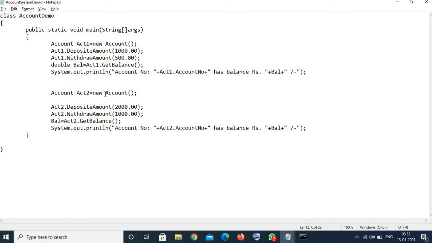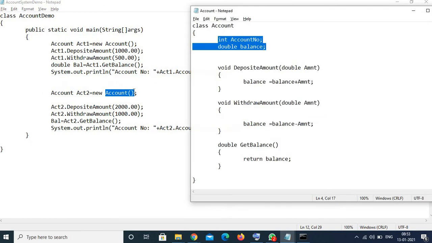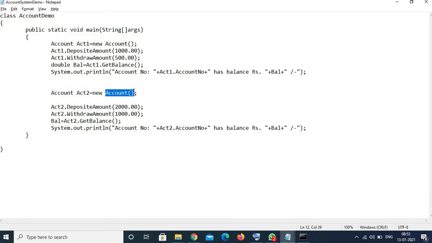The job of the function here is to put the default values into these instance variables which are being created as part of constructing an object. It is called the default constructor, meaning it has the implementation of putting the default values into the variables being created, hence the name.